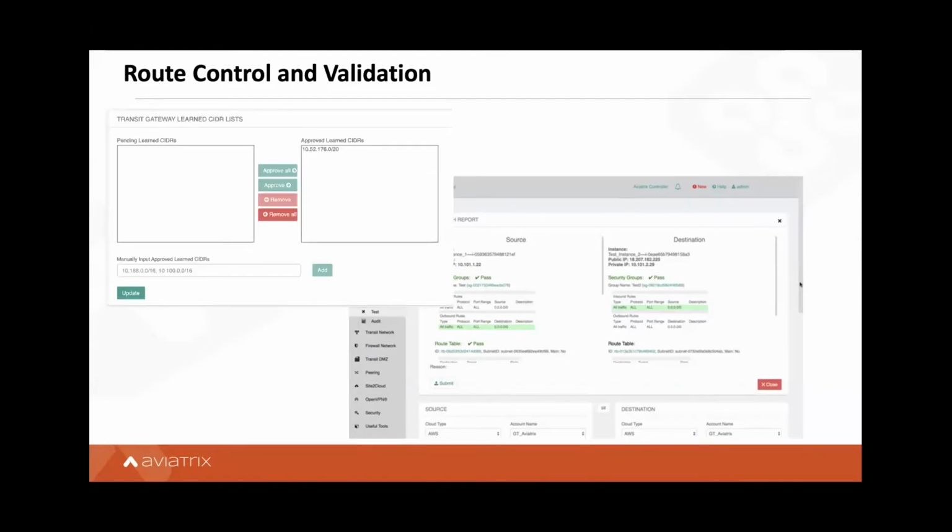On top of that, we have a route control. So as routes are learned from the partners or extranets, or you're on-prem, we can filter them out before they get sent anywhere. This is unprecedented control in the cloud. You didn't have this functionality when peering with BGP in the cloud. You just took it all on, right? You had no